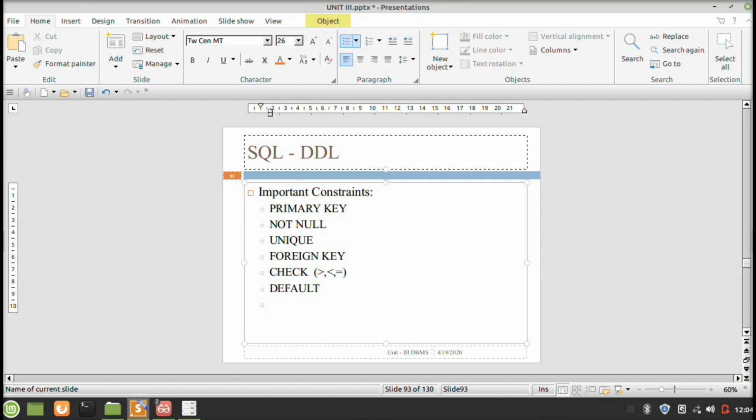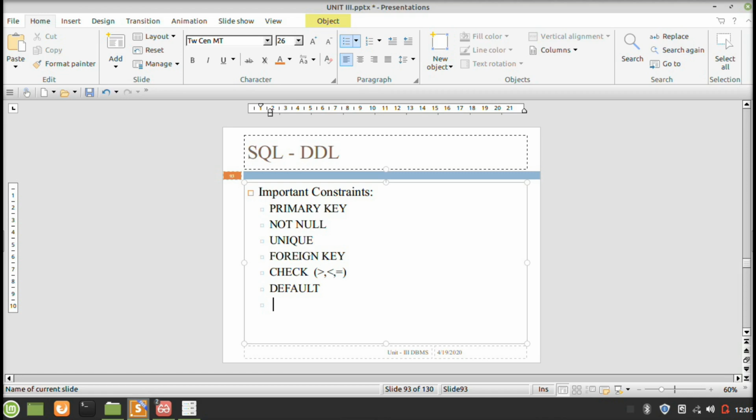The different constraints in the data definition language, especially when we are creating a new table, are primary key, not null, unique, foreign key, check and default. The primary key is used to mention that a particular column is a key column for identifying the entities in a table.